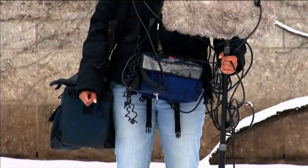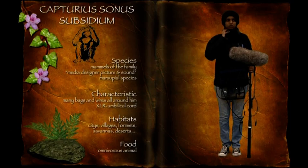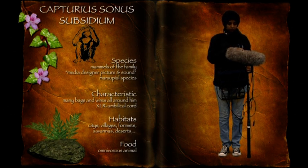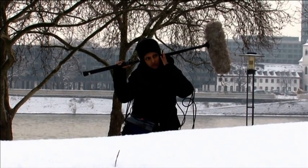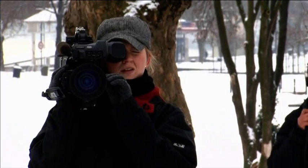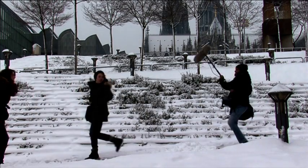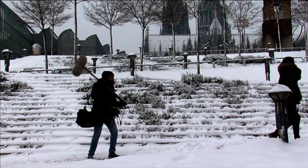The Captorius sonus subsidium, in common camera assistant, is the second breed of the species family media designer, picture and sound. He is also distantly related to the marsupial species, precisely why he is known by his many bags and wires all around him. The Captorius sonus subsidium is connected to his mentor by a life-giving XLR umbilical cord. It's a very popular and youngest breed, as they are brought up by the camera operator, according to the popular saying, learning by doing. Hence it looks like the